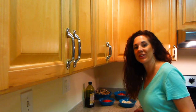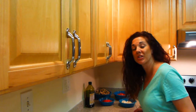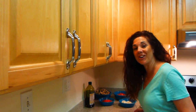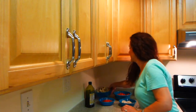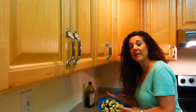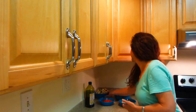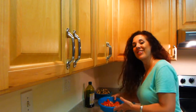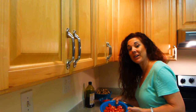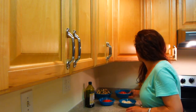I'm going to be showing you how to make an oven roasted vegetable dish that you will love. The ingredients that you will need are 1 eggplant that has been sliced, then diced into bite-sized pieces, 3 cups of tomatoes that have been diced, and today I am using plum tomatoes,